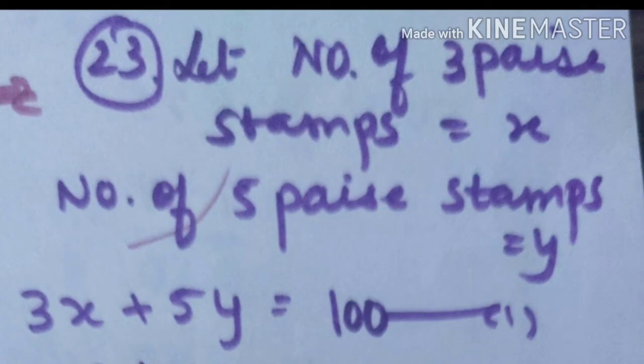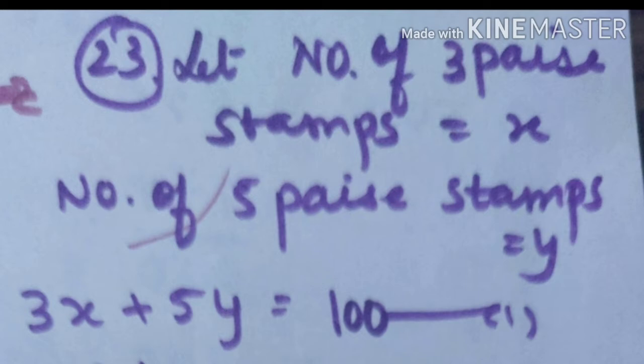In the last video, we started our exercise 5B in which we completed up to question number 22. These are the word problems based on simultaneous linear equations. Now, we move on to the next question, 23, which is based on articles and costs.